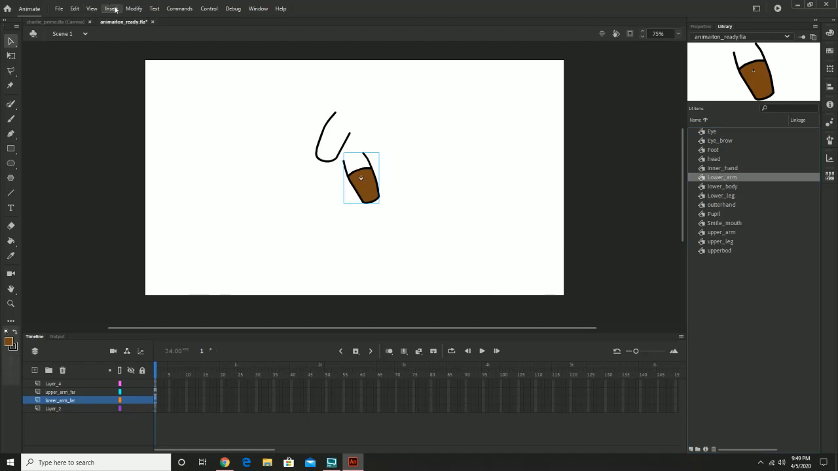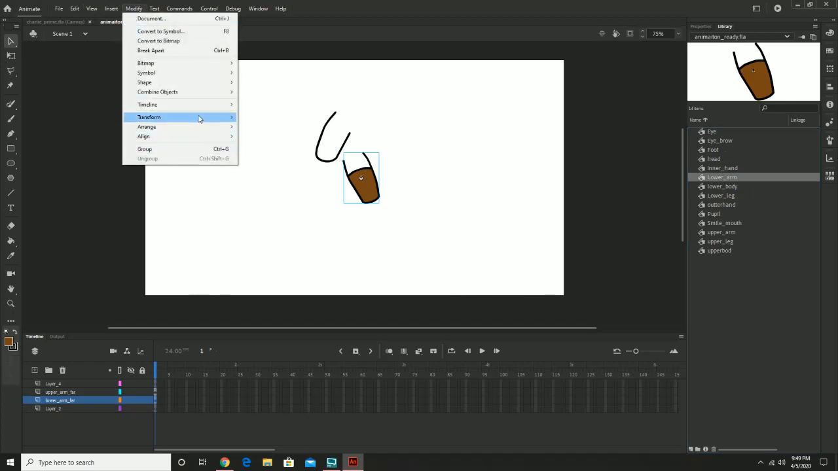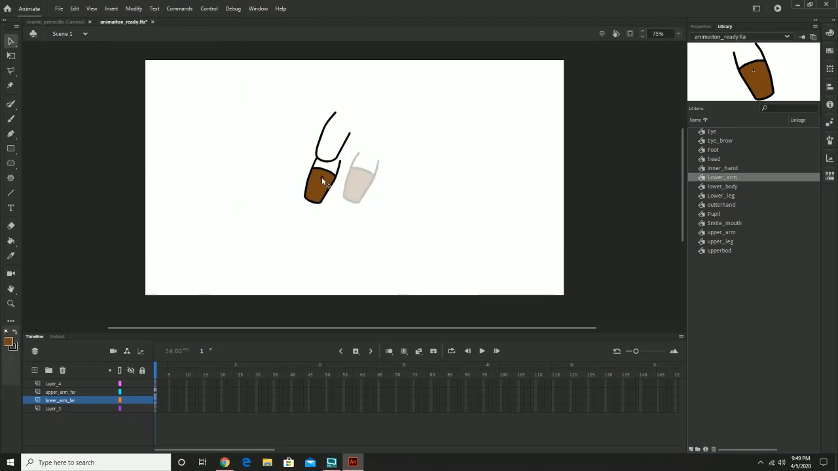Once again, I'm going to go to Modify, Transform, Flip Horizontally. Now, if you've already done something like this, then don't worry too much about this for now. I'm going to just put this on a higher layer. Yep, there we go. And again, you need to make sure that whatever you put down,